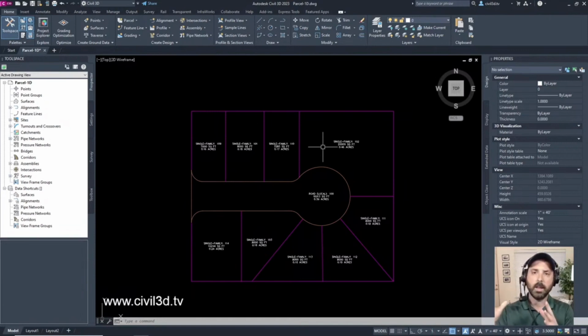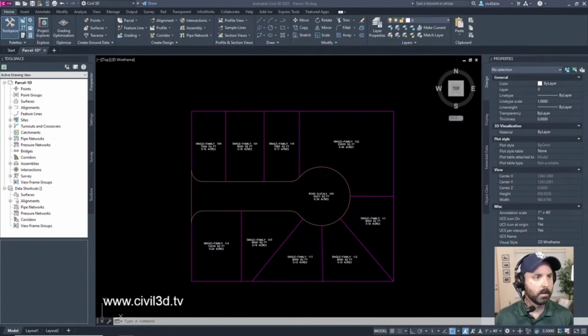And within the membership files, there's also some exercise files that go through the process that I went through in order to solve different problems that I'm going to be dealing with during the live stream. So just wanted to show you guys the differences between the membership content and the live content. But if you guys are willing to stick around for a while, feel free to watch me as I go through this content. So right now I'm in the parcel-1D drawing.